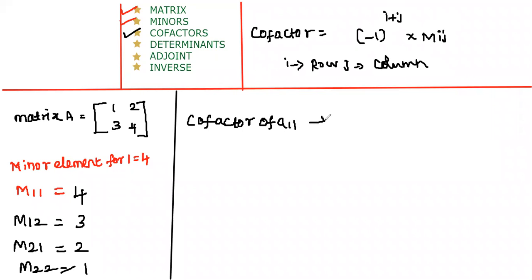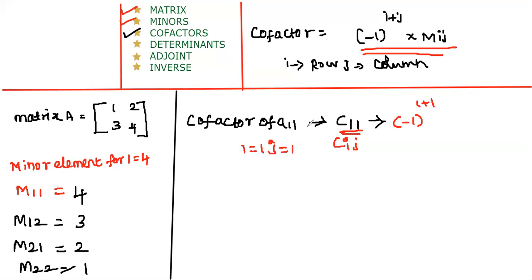So if you're finding the cofactor of A11, let me name this as C11 because cofactor starts with the letter C. I'm just going to rewrite this as C11. So for C11, I just have to substitute the values of i, j and Mij in this formula. It's going to be -1 whole power 1 plus 1, because it is Cij. If I compare this with C11, the value of i is equal to 1 and the value of j is equal to 1. So I'm substituting that over here. It's going to be -1 the whole power 1 plus 1 and Mij, which means M11.